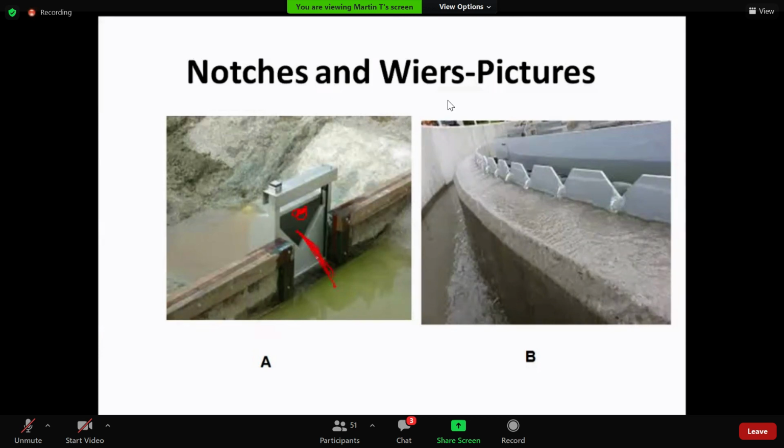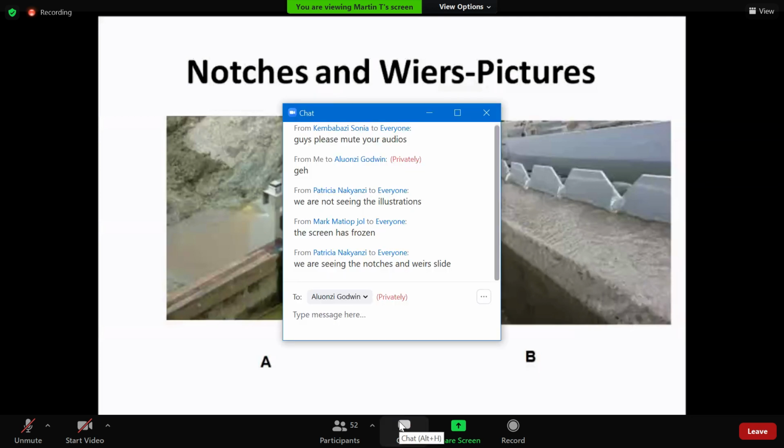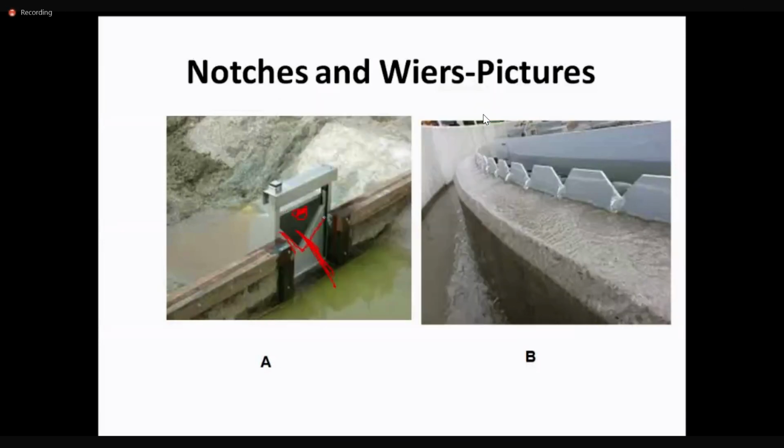Now, because along the direction of flow this is a thin plate, we say that the crest is sharp. The crest is sharp because this plate is thin. Now, assuming that instead of putting a thin plate,